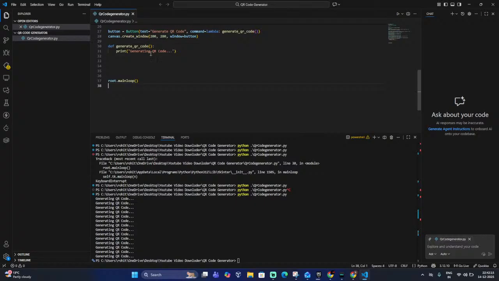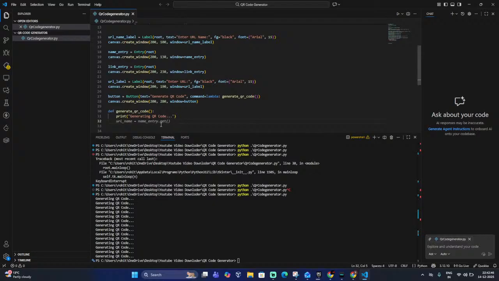So let's start working on this generate QR code function. Okay, so we come here and here we need to get URL name. So how do we get URL name? We just need to write this name entry.get, and then we will get here URL name,